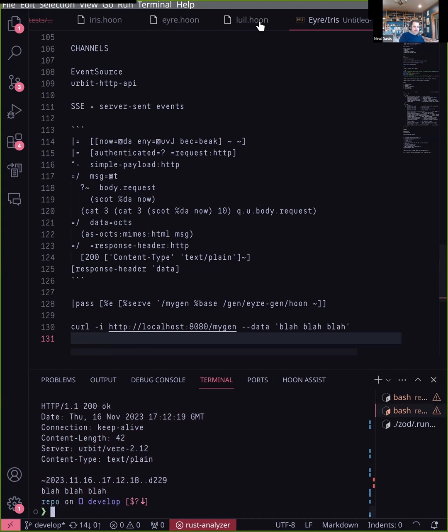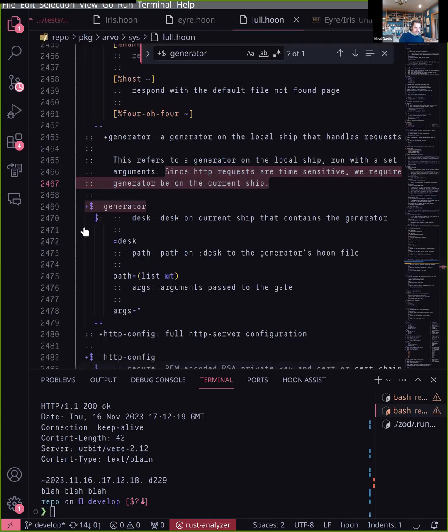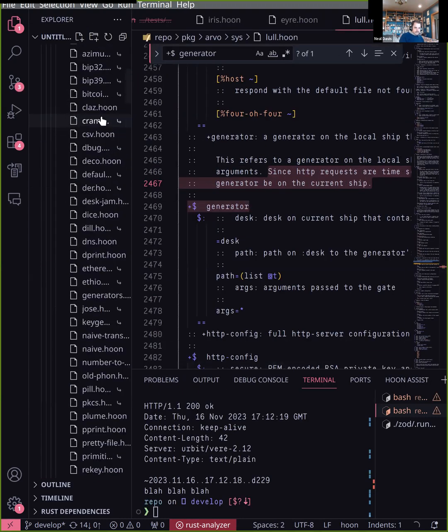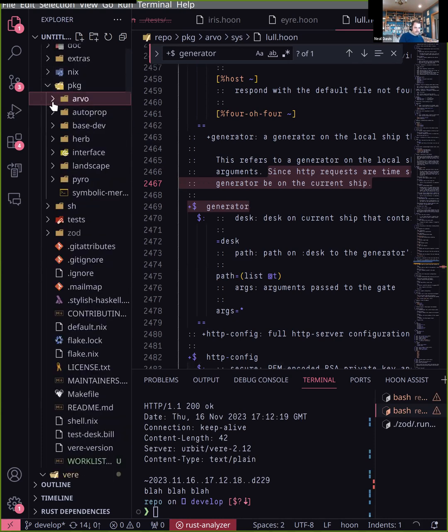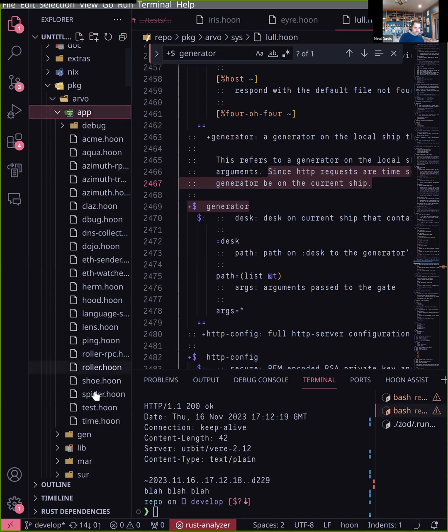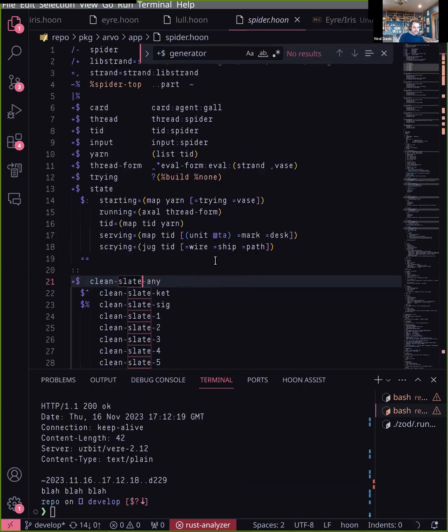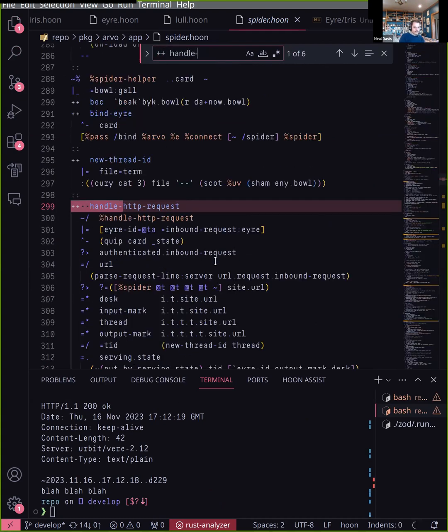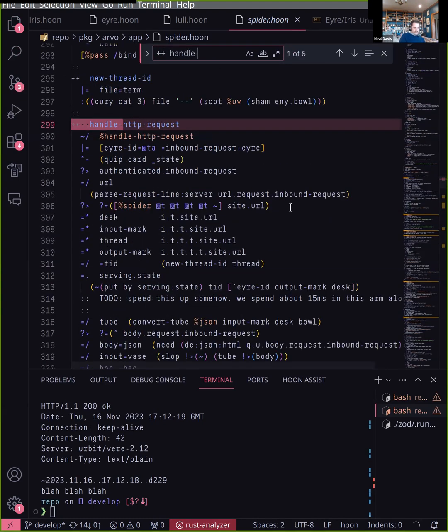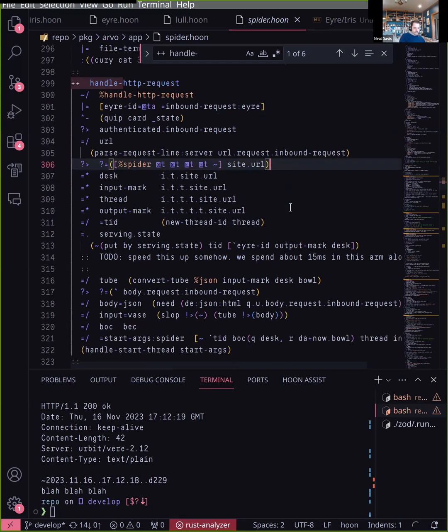Now, threads are going to be more complicated here. What you end up actually doing is creating a binding from Eyre to Spider at a particular thread path. And so we actually need to go look at Spider to see what that looks like. Because now Spider has the handle HTTP request arm here. And so if you've bound to Spider,